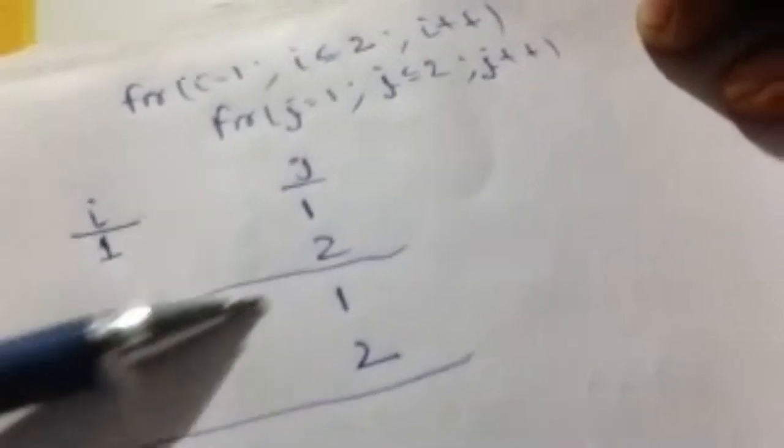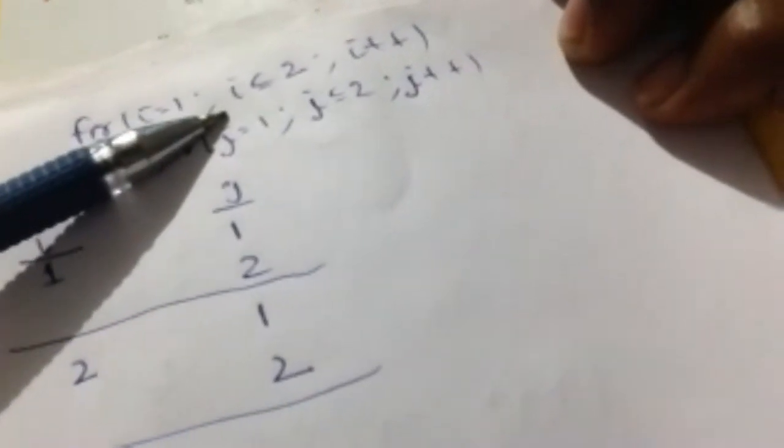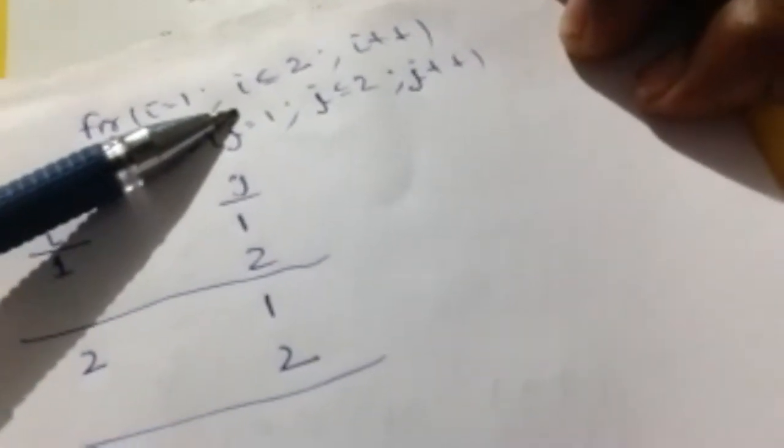For I equal to 1, J will repeat all the values, that is, less than or equal to 2, so 1 and 2. Now it will go to the upper loop, and I becomes 2. J will again repeat 1 and 2, since the maximum value is 2. Again it goes to the upper loop, but the condition is less than or equal to 2, so it will stop. No further going. Are you getting it? Okay, now I will change slightly.